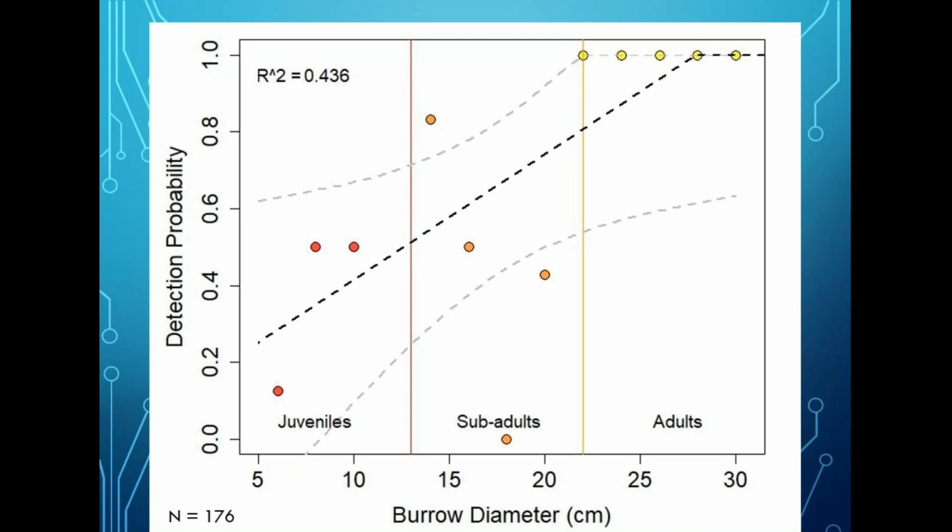When we look at detection on the line, and again, there's going to be some variation because of vegetation, which we're not considering here, you can see that at the lowest size, so about 5 centimeters wide, somewhere between 0 and 60% detection on the line. And generally, it's probably going to fall more in this 20 to 40% range, depending on the habitat you're in. And then it takes for a burrow to get to about 22 centimeters, maybe all the way up to 27 centimeters, before you can actually detect it 100% of the time on the line. So if you imagine how much we're missing and how much that's biasing our normal models that assume 100% detection